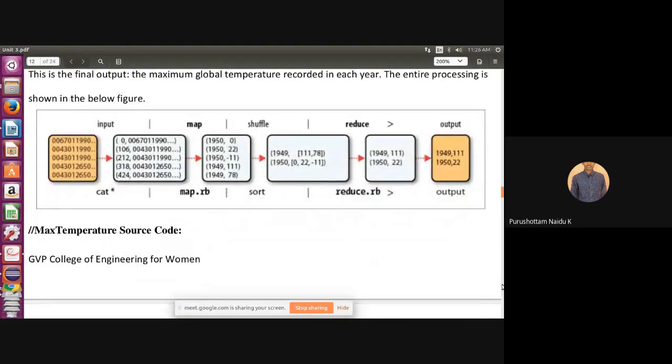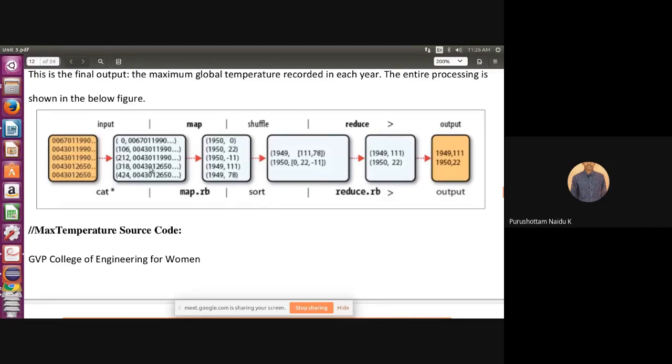Okay. Now, in this figure, the entire MapReduce workflow for weather temperature is shown. This is our input. This input is given as key value pairs to which one? Mapper. How is this input split into key value pairs? Index number and line. First line is index 0 and its line. Second line, index and its line. This is the key value pair.